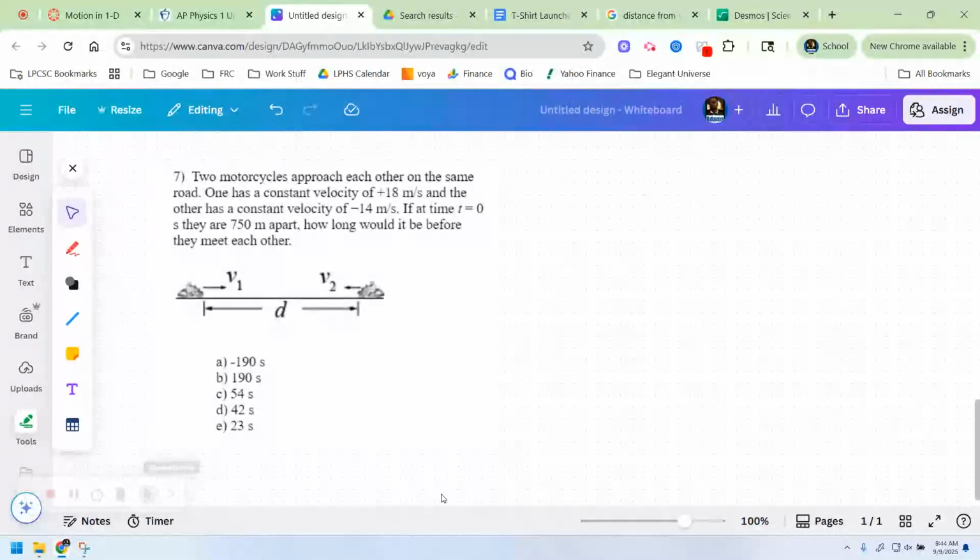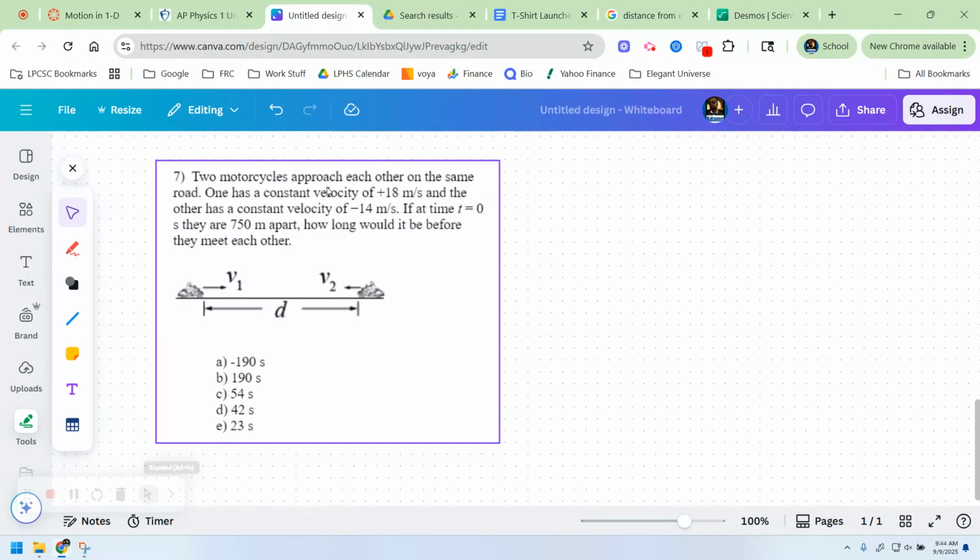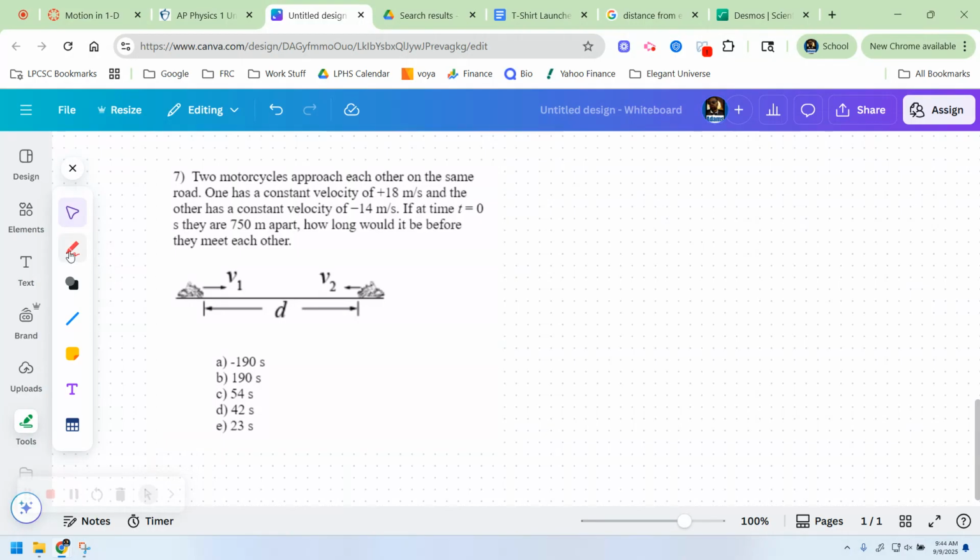All right. So two motorcycles approach each other on the same road. One has a constant velocity of plus 18. So here are some clues. This is the plus direction. This is the negative direction. So the velocity of this motorcycle is plus 18 because it's going this direction, right? So this will be a positive 18 meters per second. The other one is negative 14, and that would be this one